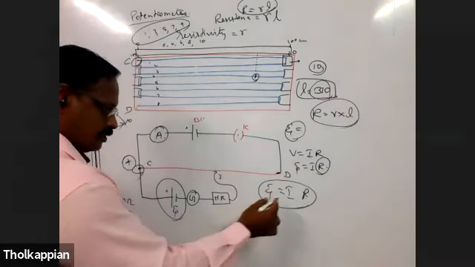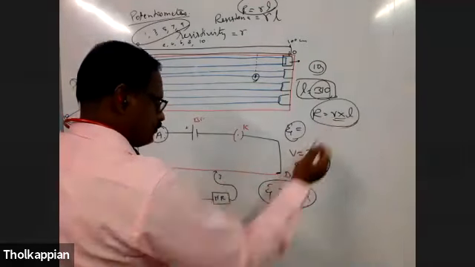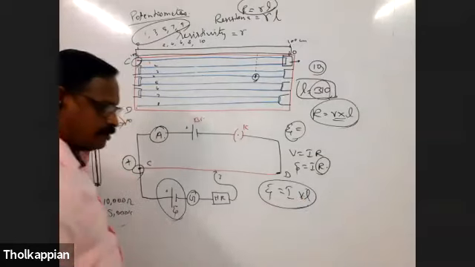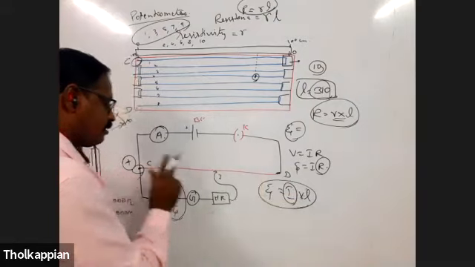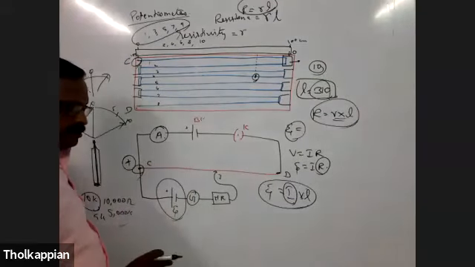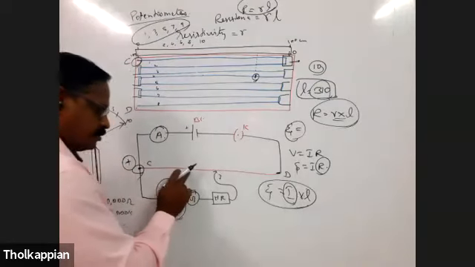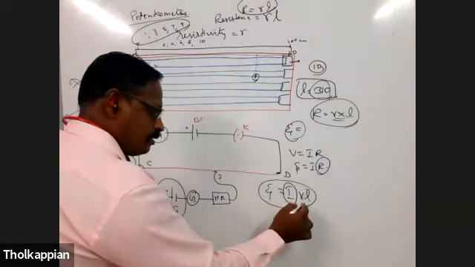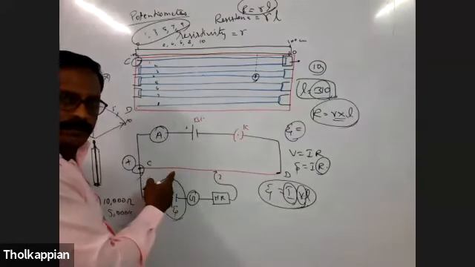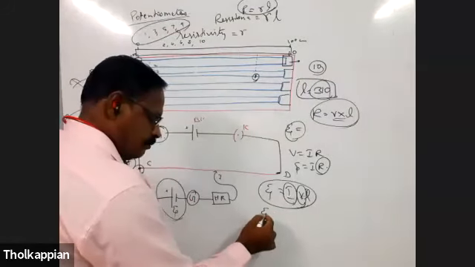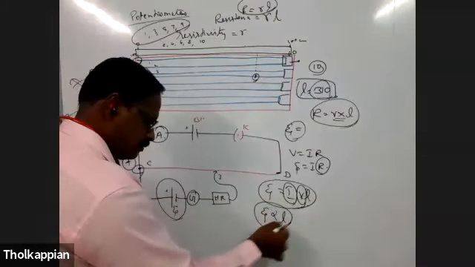You see in this, instead of R you can write resistivity into L. Resistivity is constant, L is the balancing length. See here, I is the current. Current flowing through this is constant because there is no junction. And resistivity of the wire is the same, the 10-meter wire is the same wire, so that is also constant. So EMF is directly proportional to the balancing length.